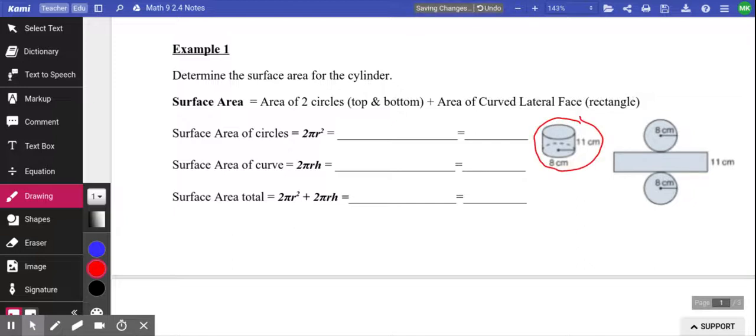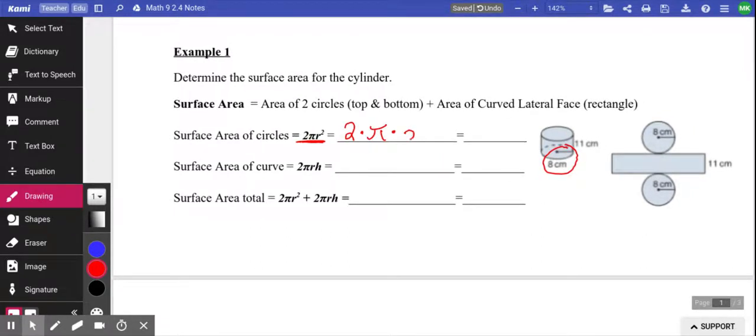We're going to break it down into its circles and a rectangle, and then add it all up, kind of like what we've been doing the last couple of days. So it says the surface area of the circles would be 2 times pi times r squared. R represents the middle of the circle to the outside edge. Looking at this shape, they're telling you right now that 8 is the radius. Middle of the circle to the outside edge. So 2 times 8